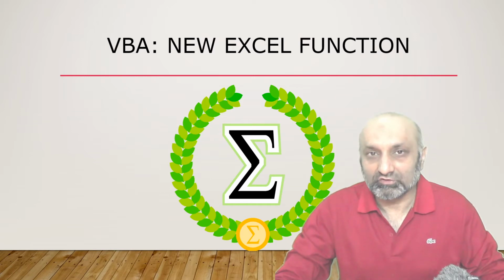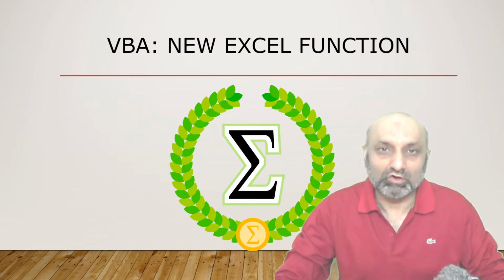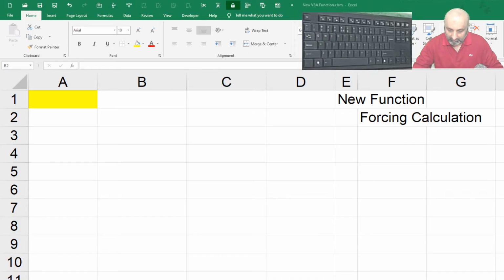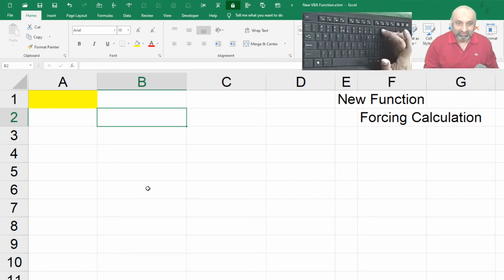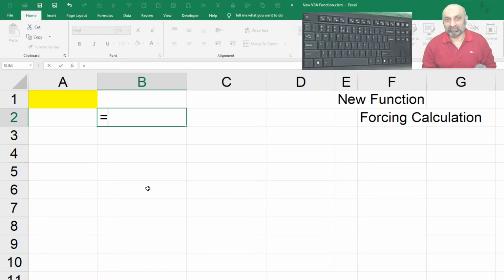First, let's recall what we know about Excel functions. What we know about an Excel function is that we call a function by entering the equal sign in our cell, and then the equal sign is followed by a name. That is the function name.